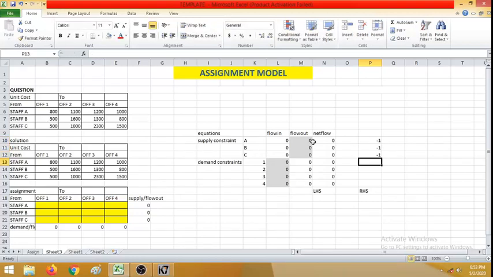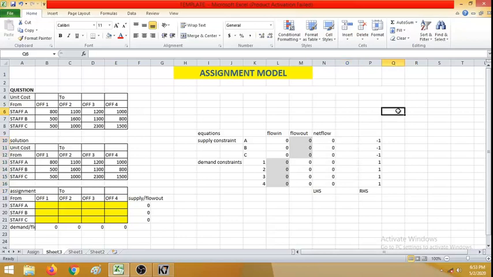So from one place it is going to move to another place. So A is going to be filled in 1, 2, 3 or 4 office. So I am going to use negative symbol for supplies, and for the demands I am going to use positive symbols.